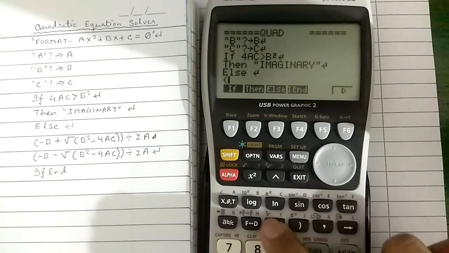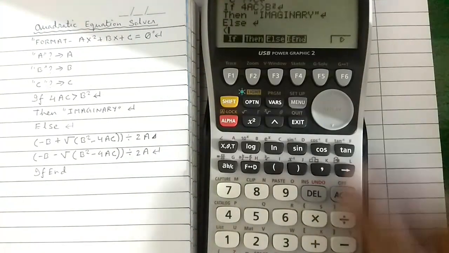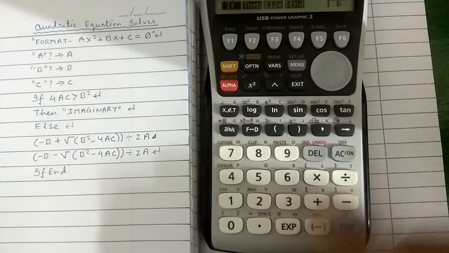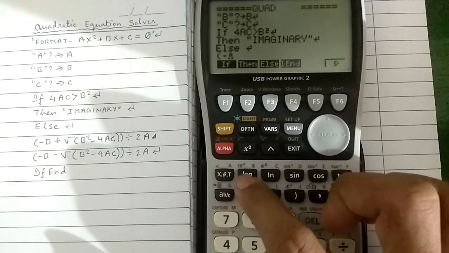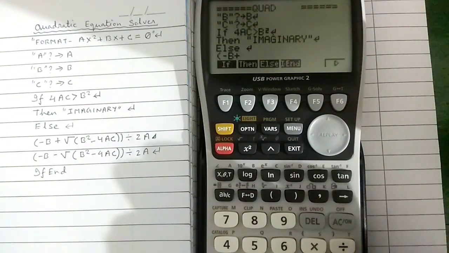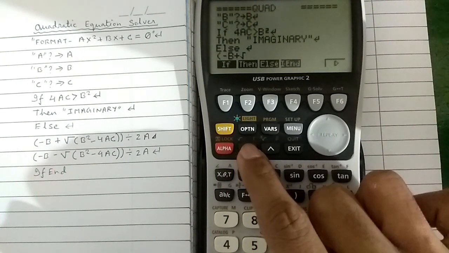This button for left parenthesis or left bracket, and this button for negative symbol. Shift and this X square button for square root.